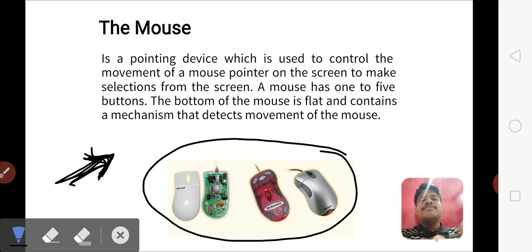This mouse cursor is able to move across the entire screen of your monitor, and whatever objects are selected on the click of your mouse, that information is forwarded to the CPU, and later on a suitable action will be taken to continue that particular task. So this is the second input device, which helps us to make a selection from the screen.